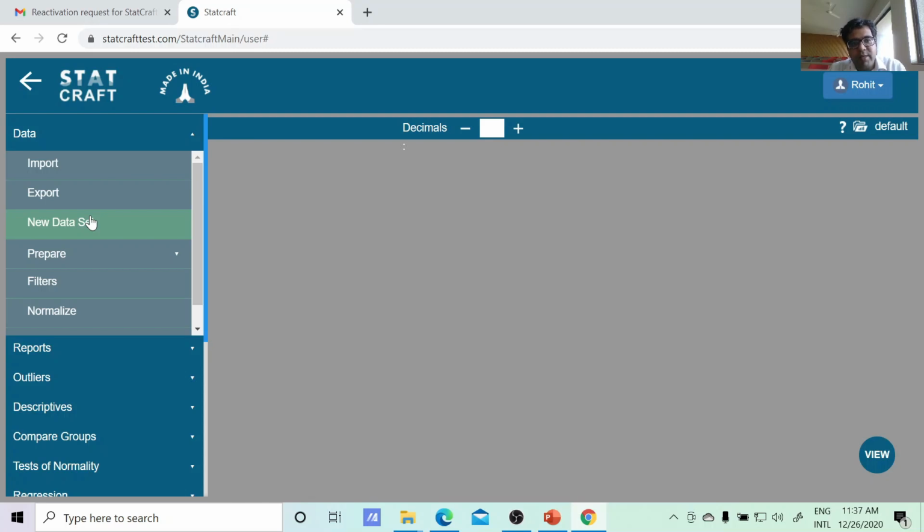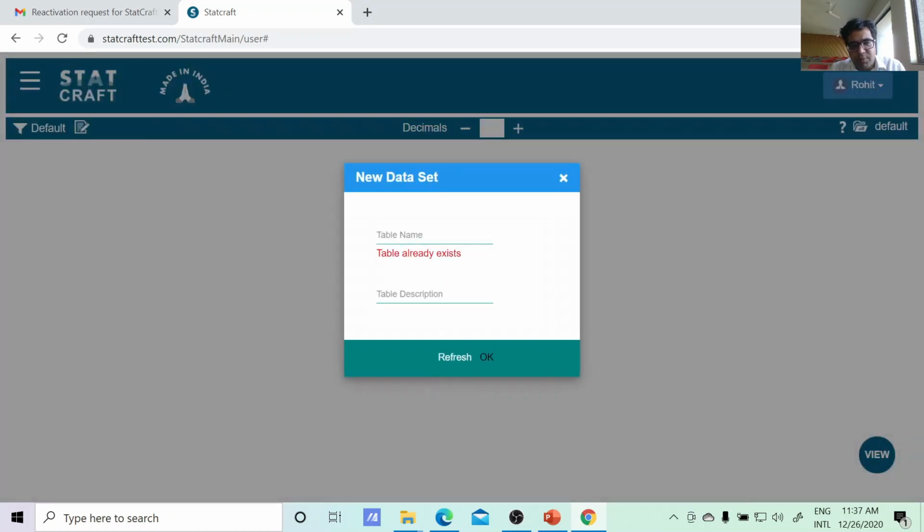So now we are at a Statcraft window. Obviously, I will try to give you some information from scratch. When we enter Statcraft after the login procedure, we just need to prepare a new data set. Just give it a name, anything, like I would like to give my daughter's name. So Gunjan, again data is ANOVA.